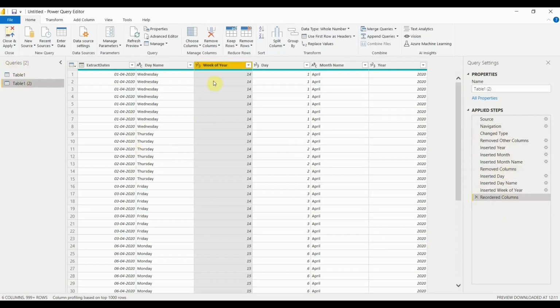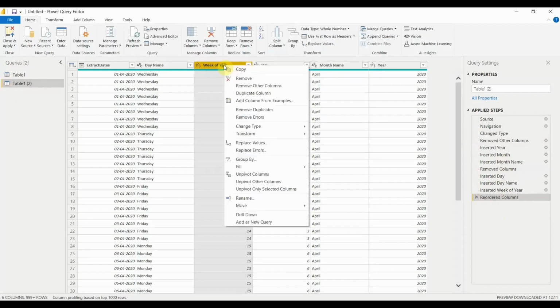So let's see removing a column. As I've shown you in the example, just right-click and you get the Remove option, which will remove the particular column that we have selected. There is also Remove Other Columns, which will remove all other columns except the column that you have selected.